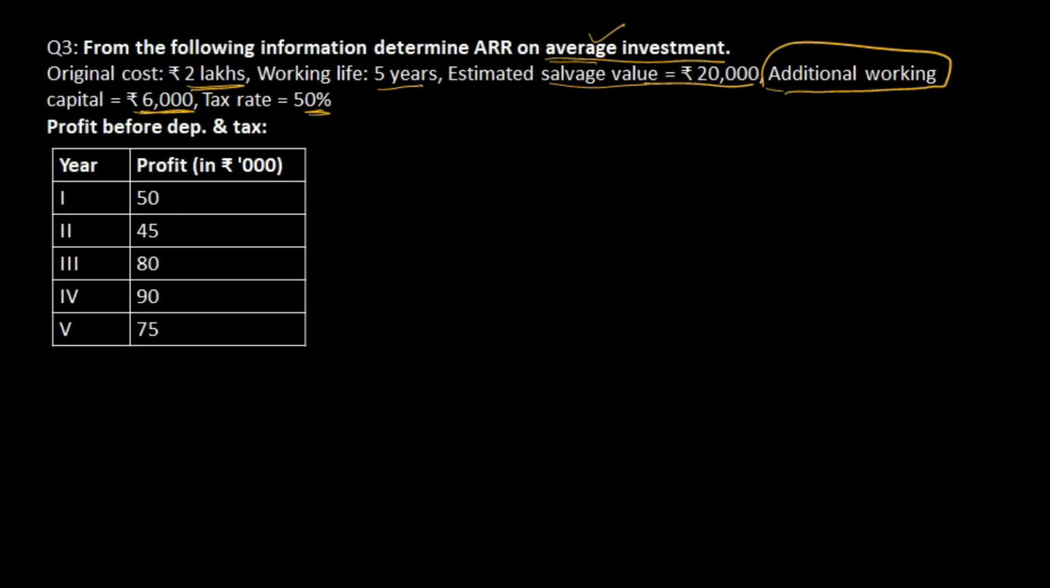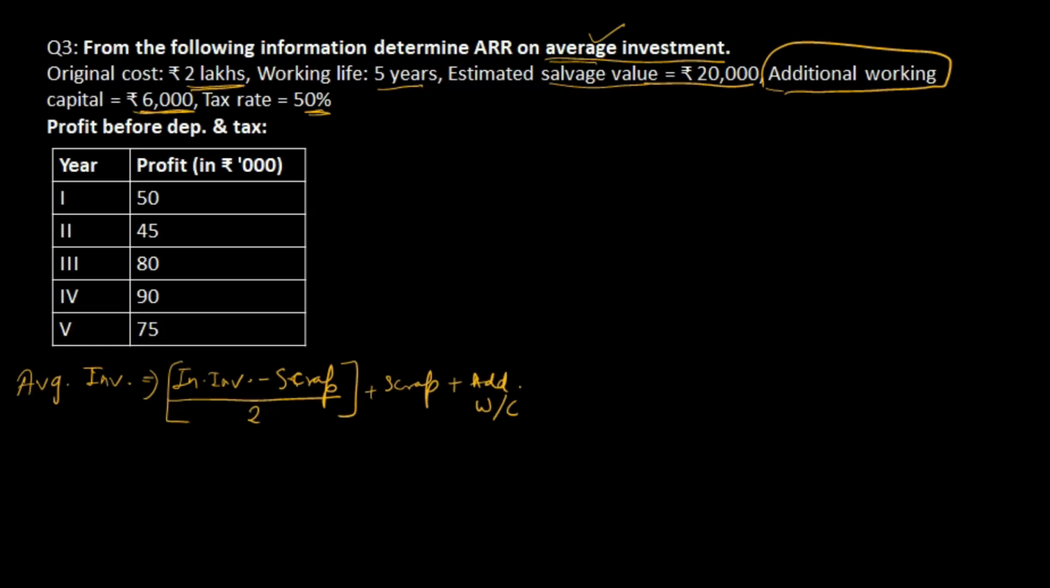So let's calculate average investment first. For average investment we had two methods, and I told you if additional net working capital is given then we will be using the second method. That means the formula is initial investment minus scrap value divided by 2,